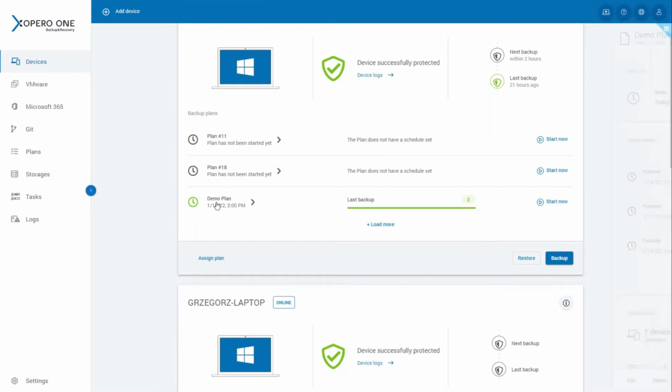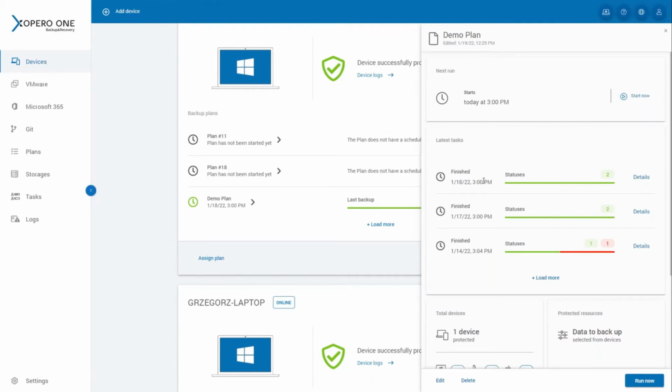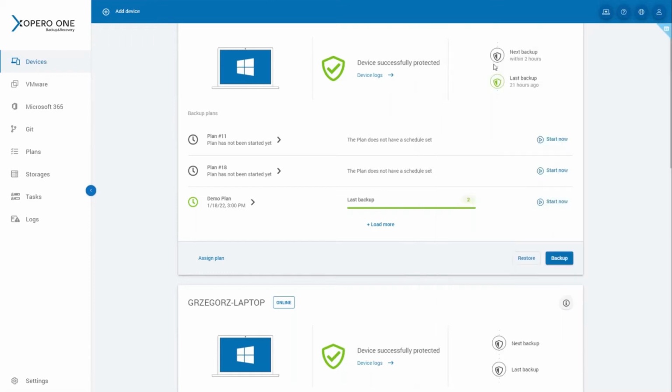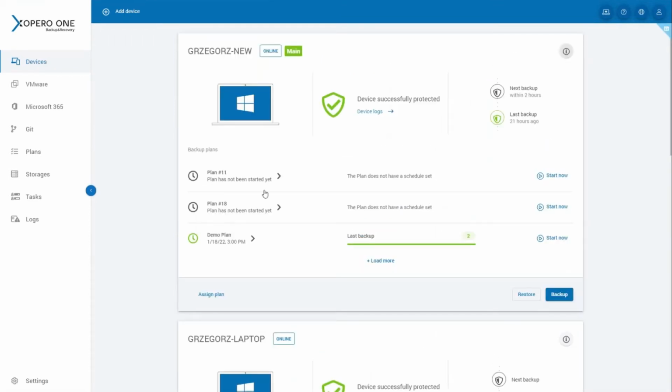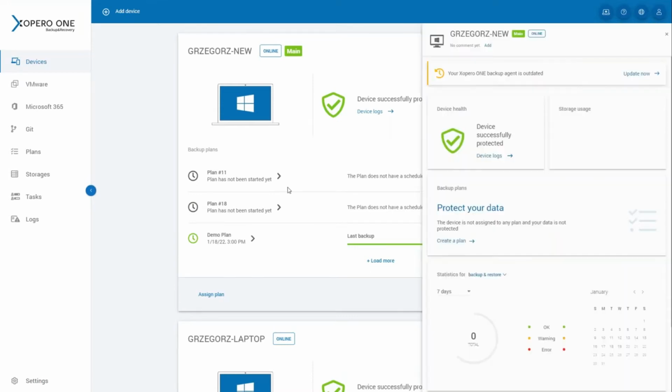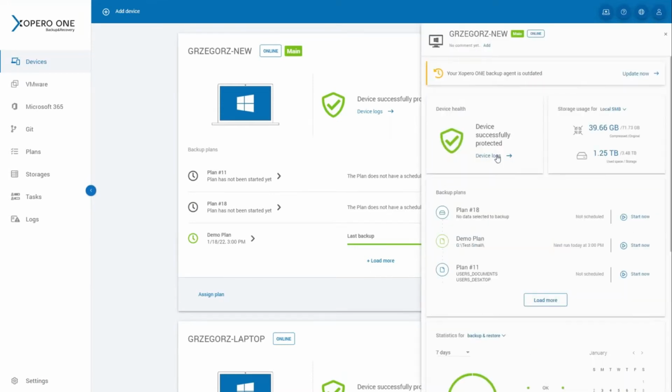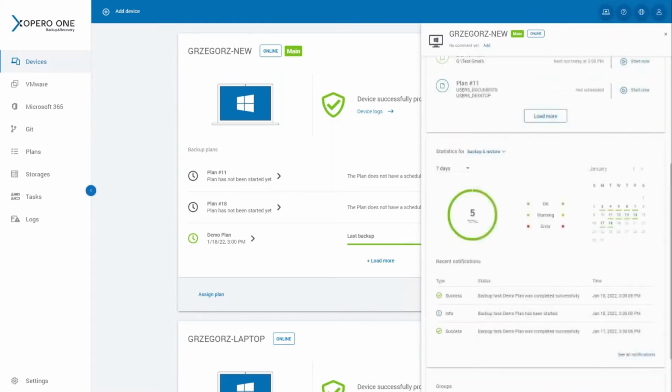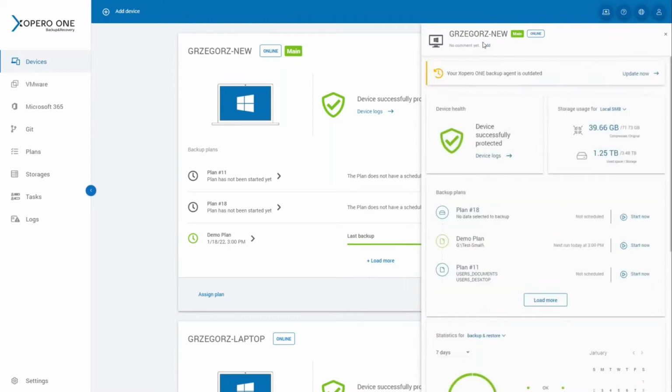By pressing on the name of the backup plan, we can call for the plan dashboard. The backup plan, we can say it's a backup policy. About details of backup policies, we will talk a little bit later. But here we can also call for the device dashboard. And we've got some detailed information about our computer on this dashboard, like, for example, of course, its name,